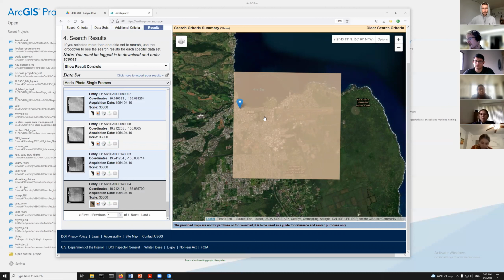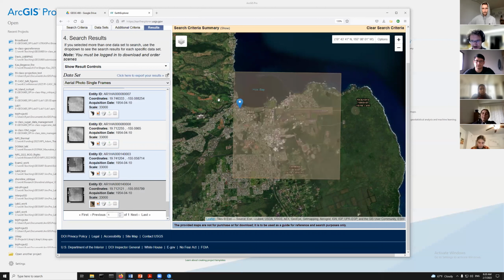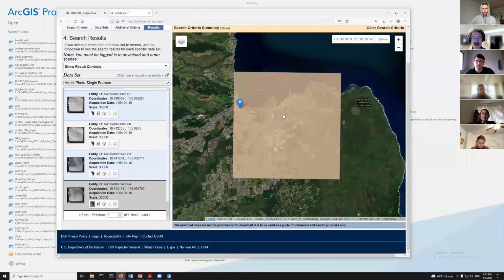Okay, I'm not seeing it. Again, this can be quite a helpful resource if you're interested in looking at change over time. So I've actually gone ahead and downloaded an older image. I think it's from the 1960s, and I've also downloaded